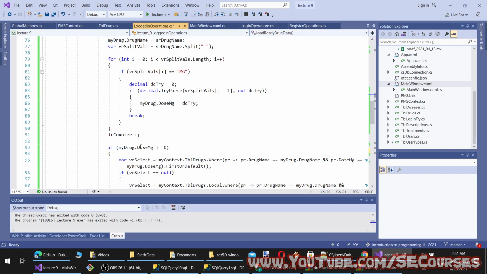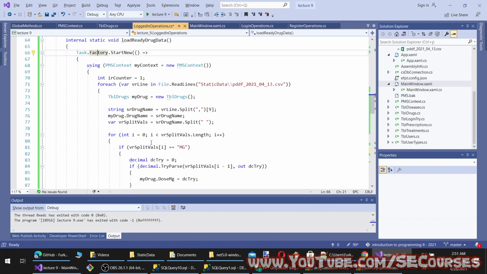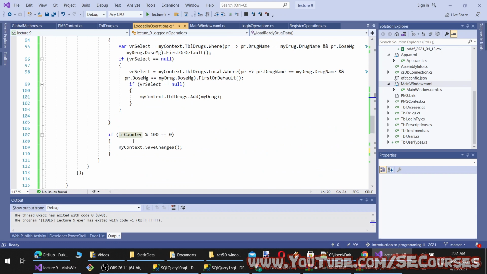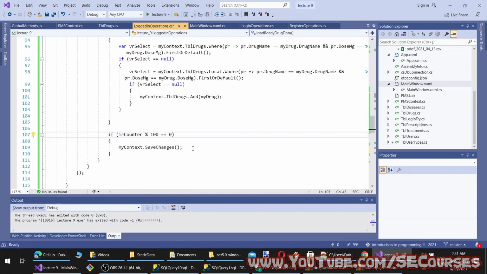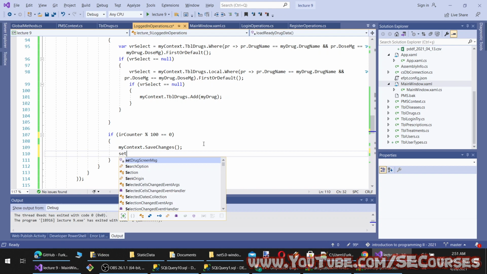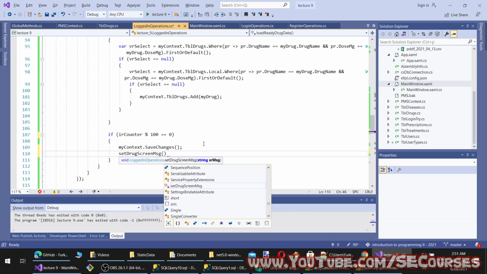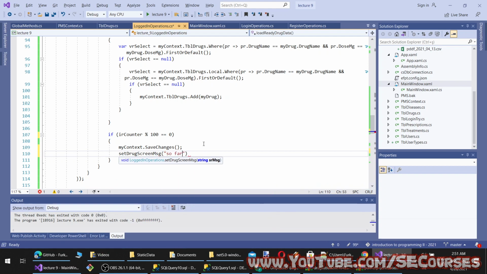And in our task factory, what we are going to do is update the label. I think we can update the label with 100 changes so far inserted, drugs count perhaps.